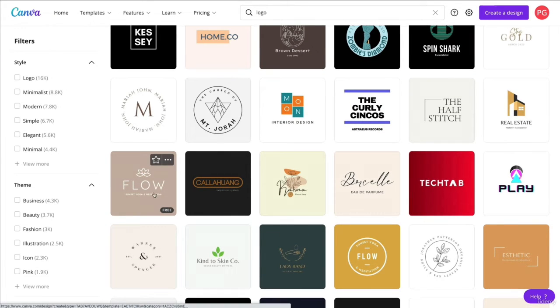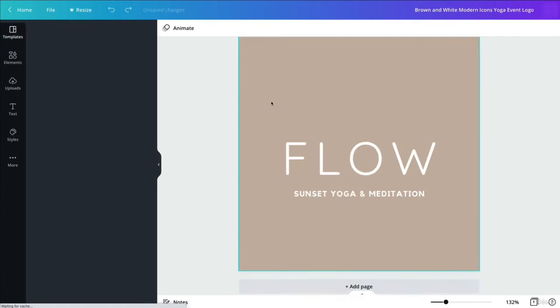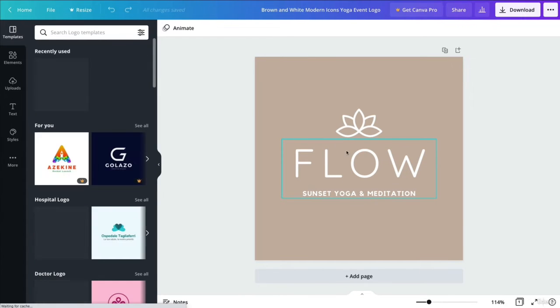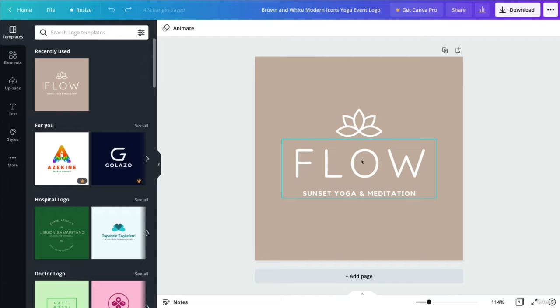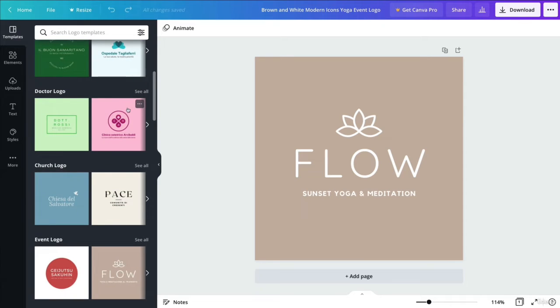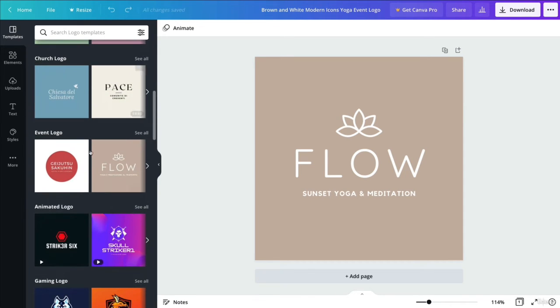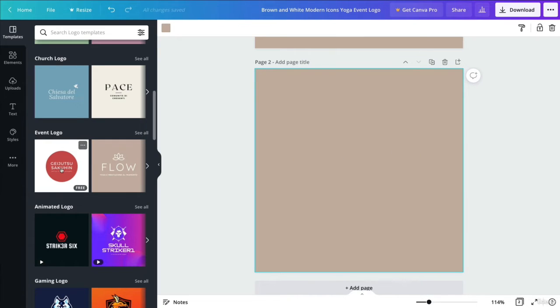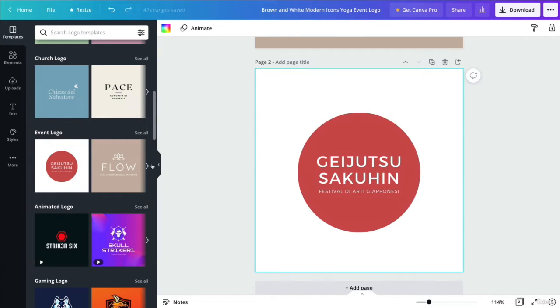Now we're going to get started and we're going to go with this logo right here. And the moment I will click on it, again, as you can see, we're going to have the logo in the editor. And we also have some suggestions here in case that we want to try different logos, maybe that are similar to this one. So we can add a page and, for example, select other logos.